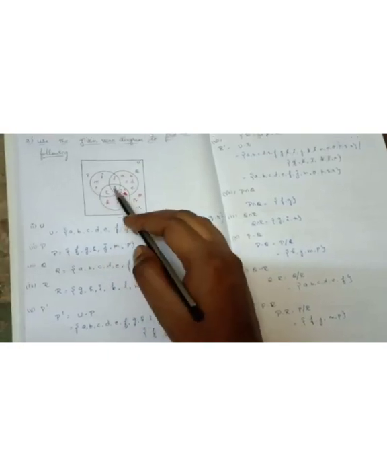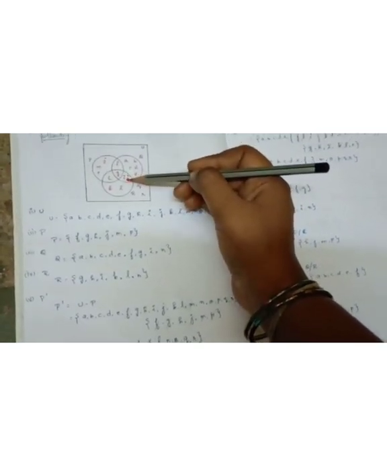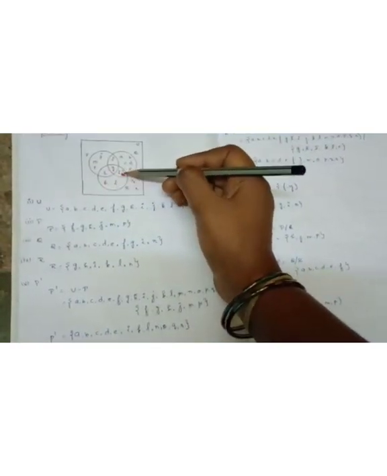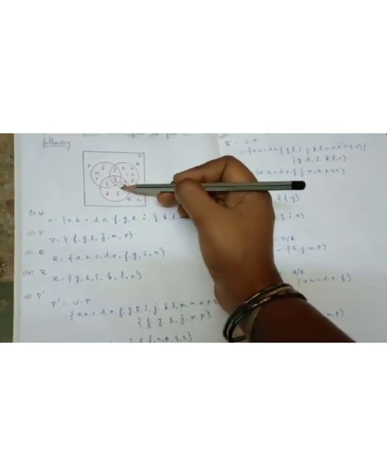You see in the diagram, the P set is fully cancelled in the universal set. So this circle is fully cancelled. The remaining is A, B, C, D, E, I, K, L, N, O, Q, R. First of all, you cancel the P circle. The remaining everything you write first, afterwards you arrange in alphabetical order. Easily you write the answer.